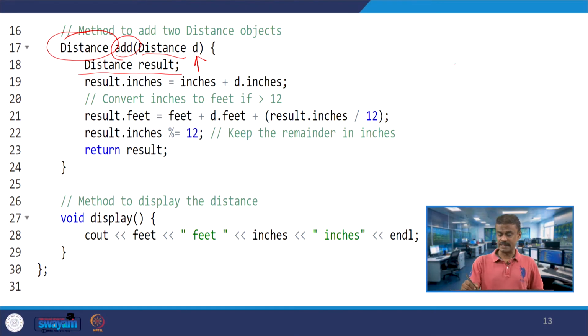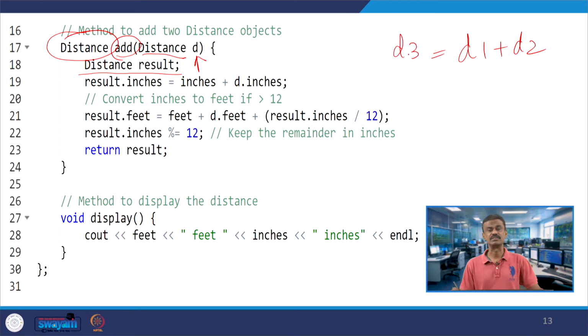So, for example, d1 plus d2 which I will store in d3, the resultant distance. So, now I can use it here without two arguments. In the last program, in the multiplication of two complex numbers, we used two arguments. So, can you write it with one argument? Yes, you can do that.